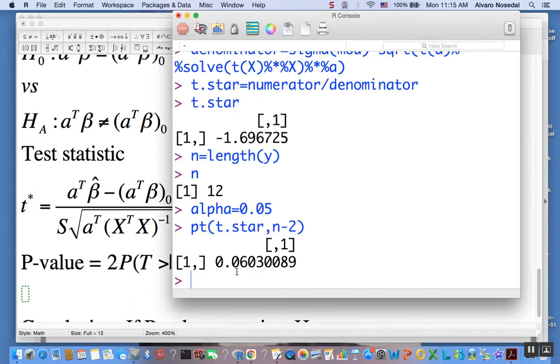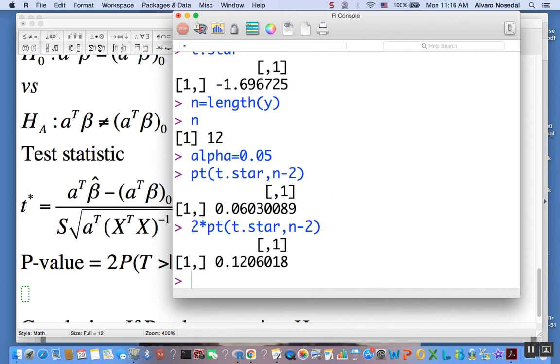So we just have to multiply this by 2. Remember that t-distributions are symmetric. So that's the p-value,